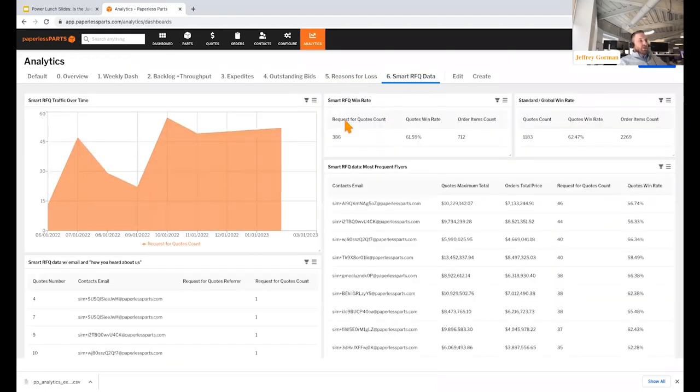If you haven't noticed yet, a lot of these dashboards are relating to other features that we have in Paperless Parts. Like we looked at the expedite dashboard, we looked at the reason for loss, we looked at the draft to send time. So another feature of Paperless is our